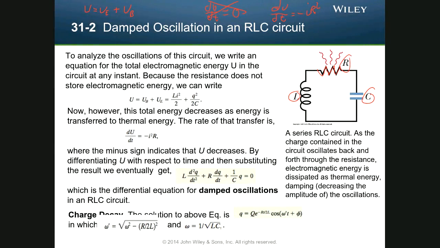So the minus means you're losing energy, right? And so when you do that, you can take the derivative of all these equations, and now instead of setting them equal to 0, you set them equal to minus I squared R, and you rearrange everything in terms of charge, just like we did before, right? Because I is equal to dq/dt,